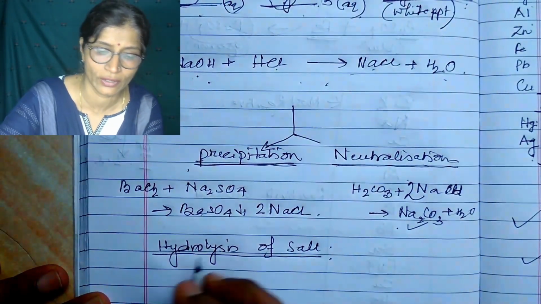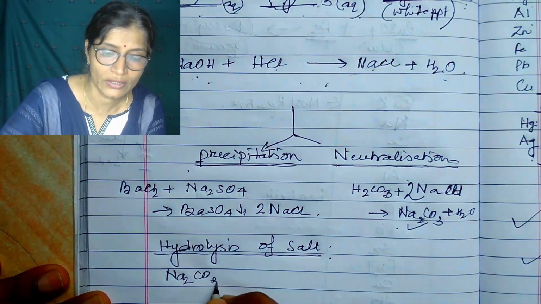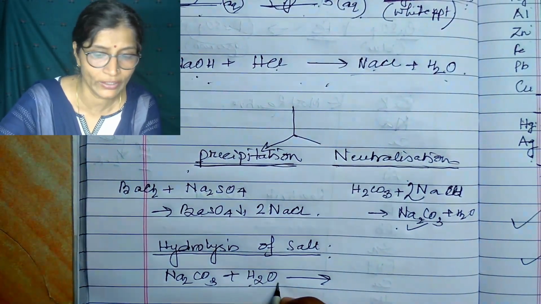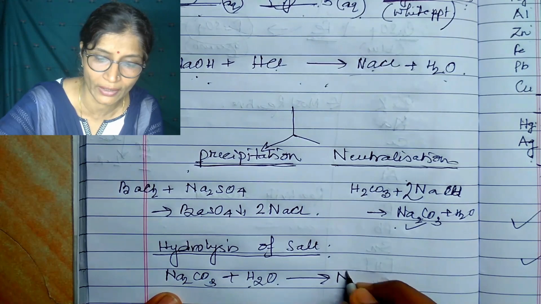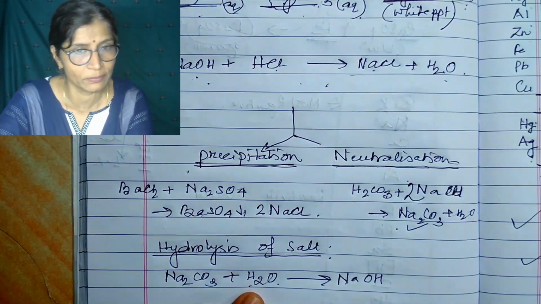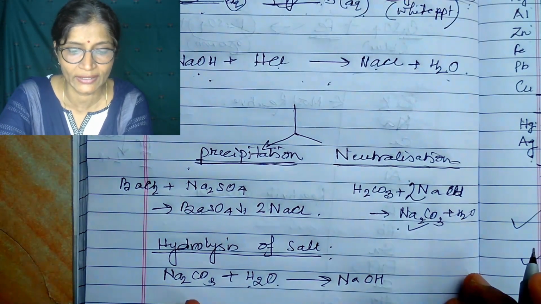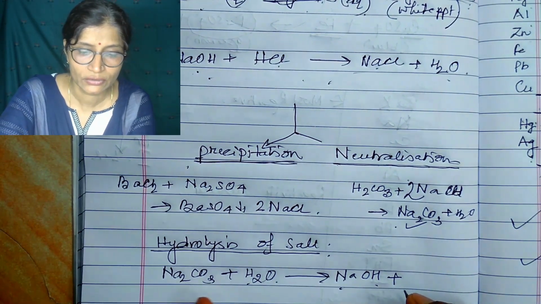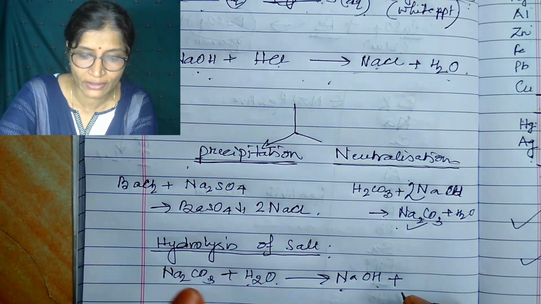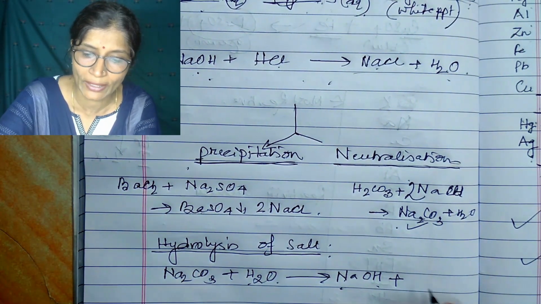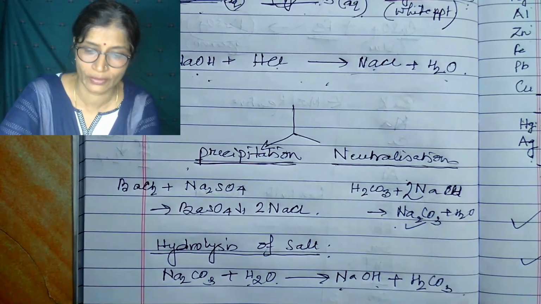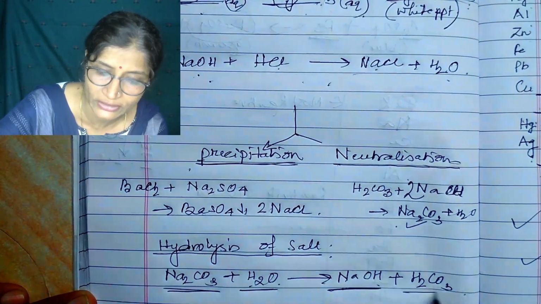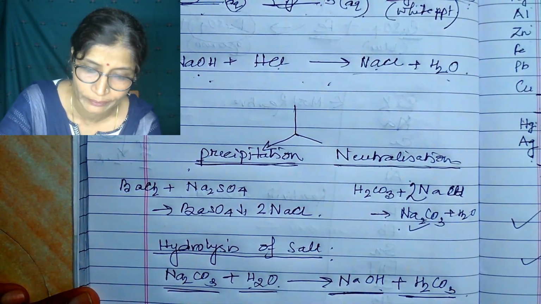This sodium carbonate salt, Na2CO3. When it is treated with the water, then it will hydrolyze and give H and OH. So here it will give NaOH. Water decomposes into H plus and OH minus. So OH minus radical exchanges with the carbonate. So it will give NaOH, and the H will exchange with the sodium. H will come here and it will give you sodium hydroxide and carbonic acid. It means this salt reacts with water, hydrolyzes and gives sodium hydroxide and carbonic acid, H2CO3.